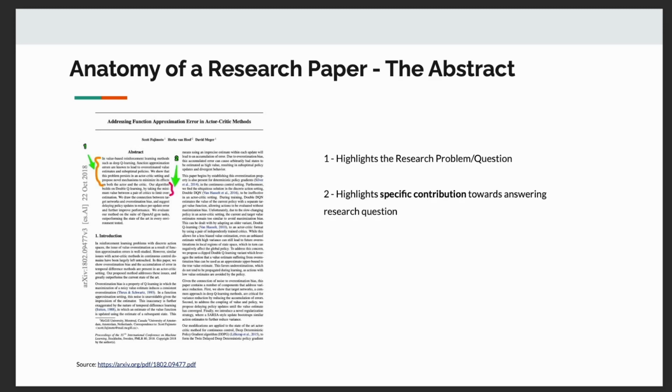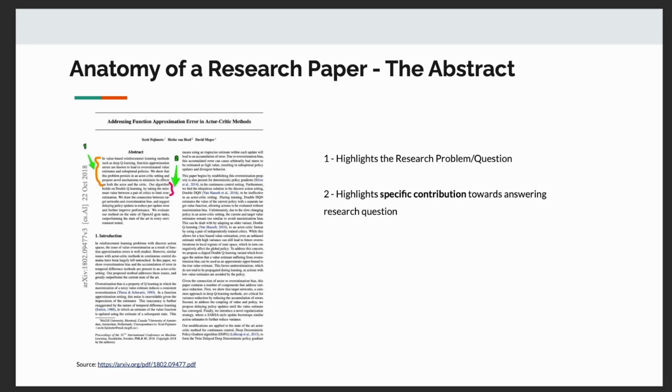The first section highlights the research question or the research problem that they're trying to solve, and the second highlighted section talks about the specific contribution they've made in terms of